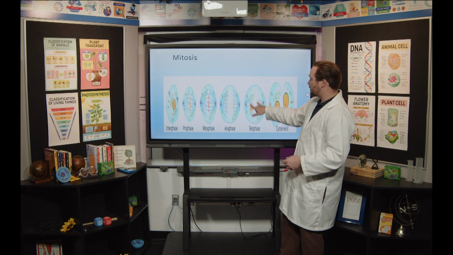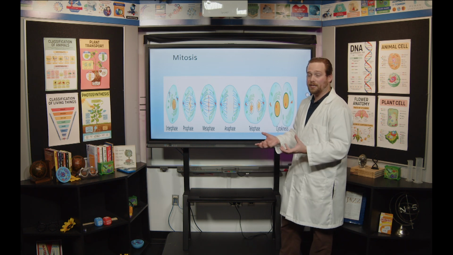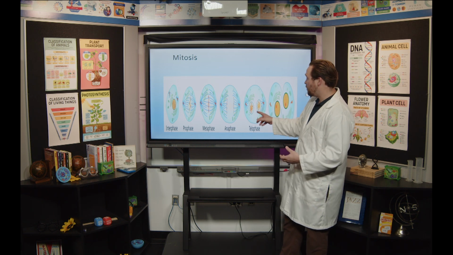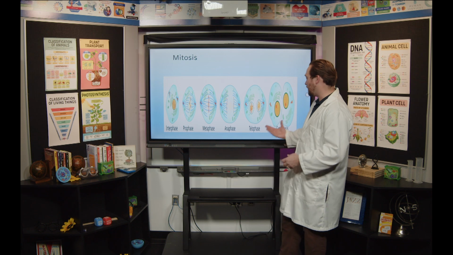The nucleus comes back, those spindle fibers start to retreat, and our chromosomes are now uncoiling into that chromatin phase. You can see here in telophase we don't have that nice X structure anymore. They look more just kind of spread out and not as condensed, right? Around when telophase is happening, this part will happen.